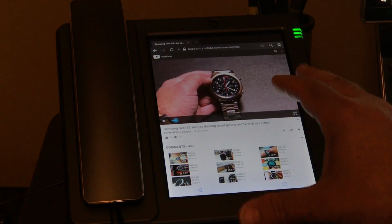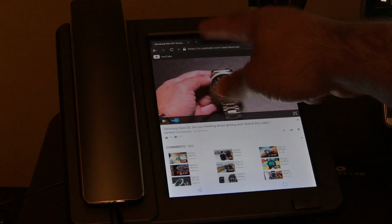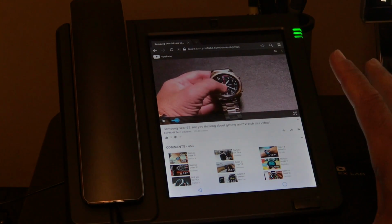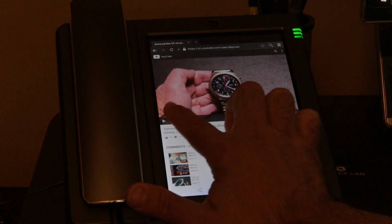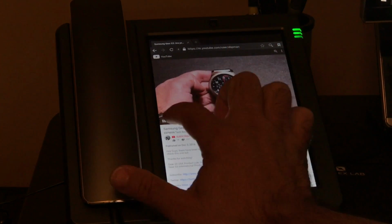So as you can see, decent streaming. Now, in order to accomplish this, you have to have Wi-Fi enabled or Ethernet. So I do have a Wi-Fi connection going, and it is streaming obviously some YouTube. So overall, I've been really impressed with the